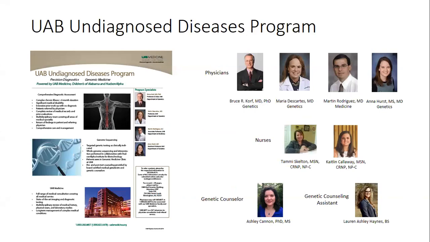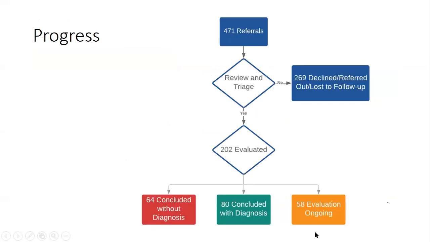Very quickly, I'll mention we do have an undiagnosed diseases program here. All the different staff, core staff I should say, are shown here. We have a cadre of consultants outside the core staff, both in pediatrics and in adult medicine. We see patients with chronic undiagnosed disorders, usually people who have been looking for an answer, sometimes for years. They don't always have genetic disorders, but a high proportion of them do. And we try to do multidisciplinary evaluations, collect medical records, and ultimately create a plan for evaluation.